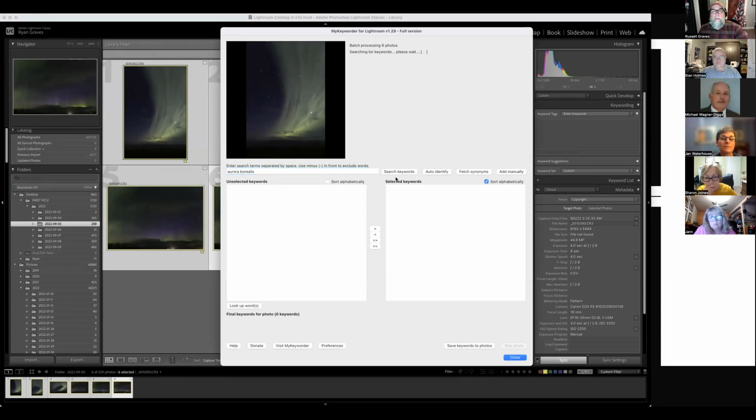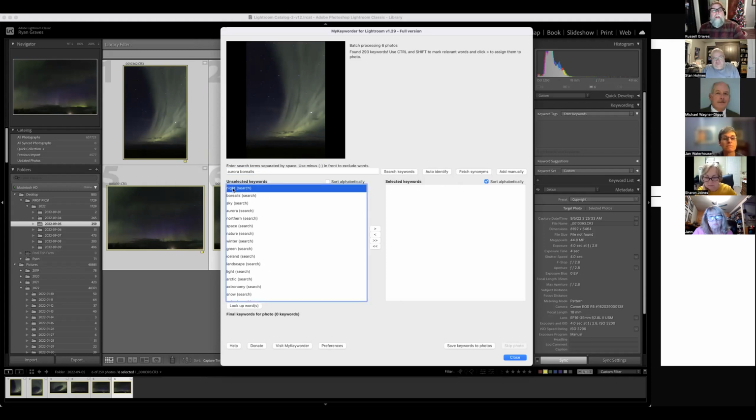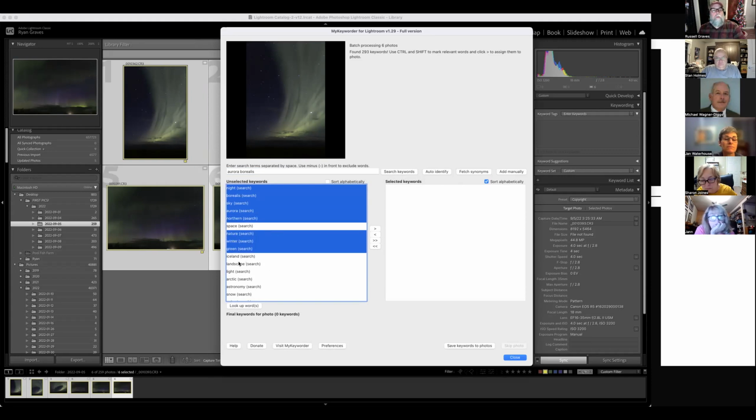And this is where it comes in handy. You can see there, it populates this right here with a bunch of different keywords from which to choose. This is where it's a time saver, because this plugin has a database already of all the possible keywords you can think of that would apply to these Aurora Borealis images. So then it's a matter of me just going down through here and clicking all the different keywords that I think apply